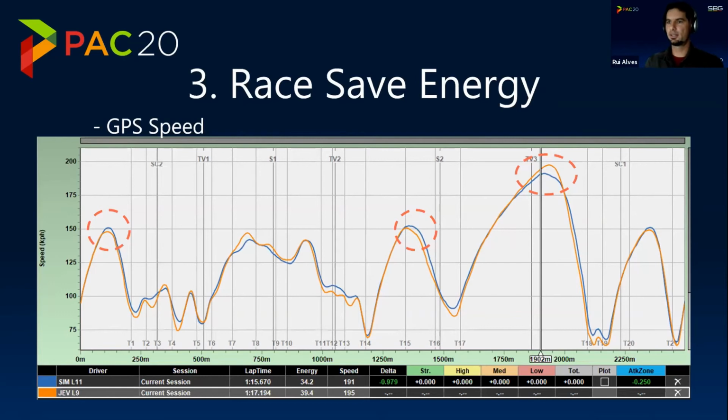So again, you see, for example, Sims, the blue line, is using a bit more energy before turn 1 and before turn 16, while Jean-Éric Vergne is using a bit of extra energy, staying flat before turn 18. You can give this information to the driver, and if he's behind, you can think, okay, he's lifting more there, so maybe it's a good way to save some energy